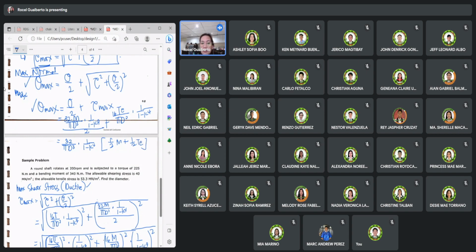Kasi 1 half, 32 divided by 2 will yield 16. Nakuha? So, 1 half of M plus 1 half of TE. Common pa rin po din yung 1 half. So, this can be 32 over pi d cubed times 1 over 1 minus k to the 4th. And then this one is 1 half M plus T. Okay? So this naman po, 1 half of quantity M plus TE, ang equivalent po naman yan is